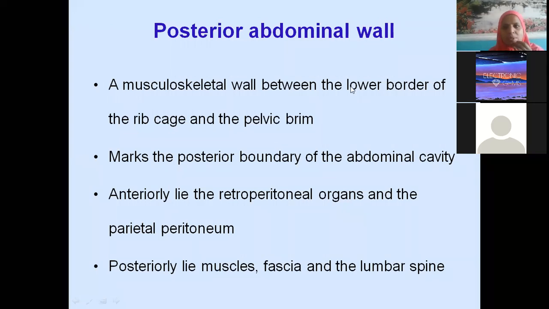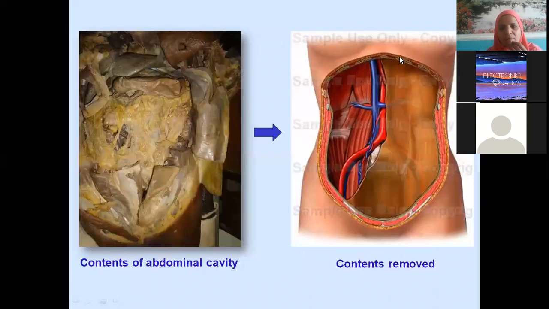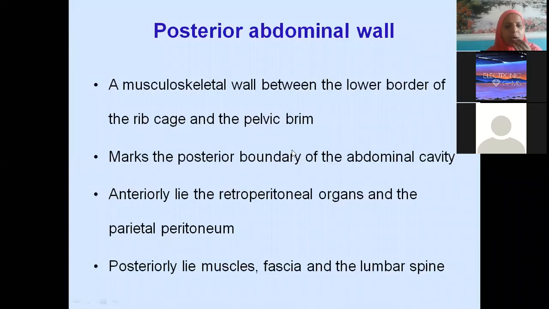Okay. So now the posterior abdominal wall, it is a musculoskeletal wall between the lower border of the rib cage and pelvic brim. Okay. So this is the lower border of the rib cage, and this is the pelvic brim. Okay. So from here till here, whatever contents we see, that is all posterior abdominal wall. Okay. So it marks the posterior boundary of the abdominal cavity. So anteriorly lie the retroperitoneal organs and parietal peritoneum. That means whatever